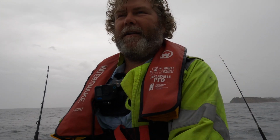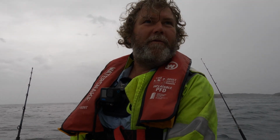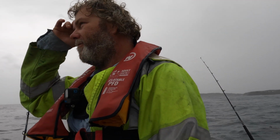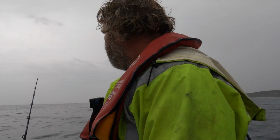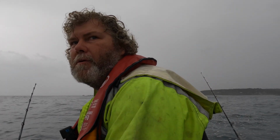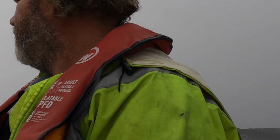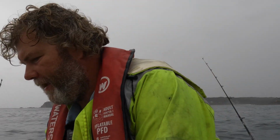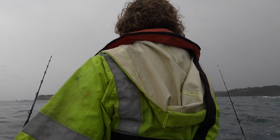Good to have a hook up on the live baits. Just coming back around, just going to do a slow troll back through them. Just look for some better arches on the sounder, same as I was doing before. My bird just swooped down at them and they all... Oh, I think I just had a little hit. Got a really big slimy on this time. This chunk of bait over here, these guys seem to be the most active. Oh, Willy just had a hit, I think. Pretty sure Willy just had a little bump on his...